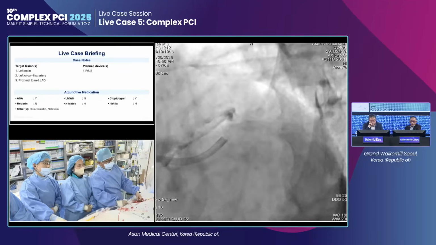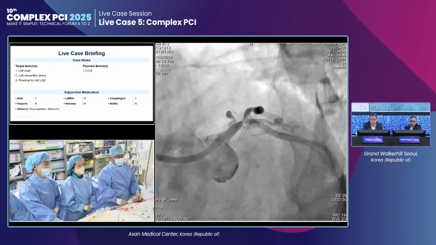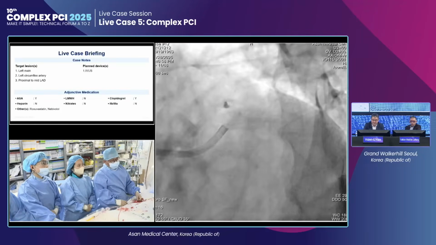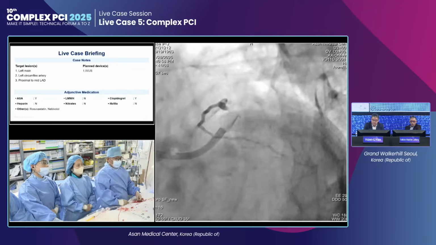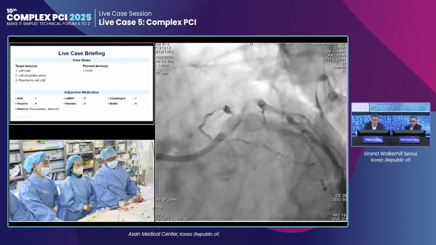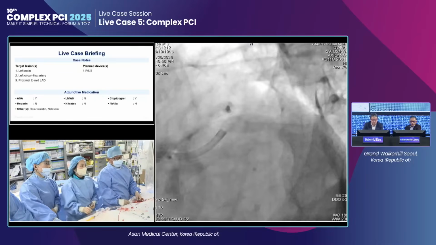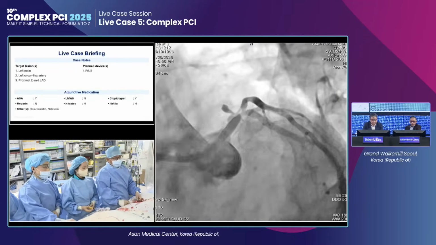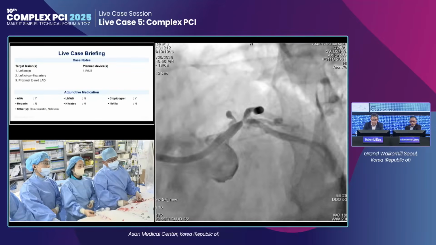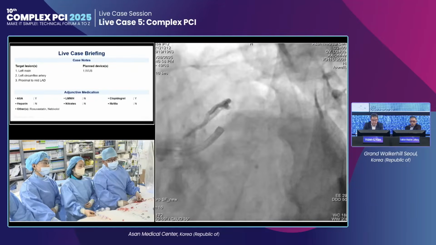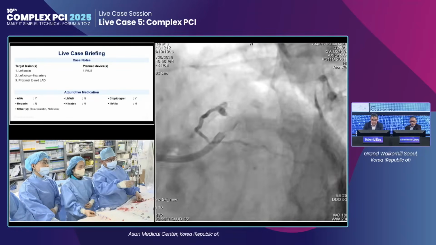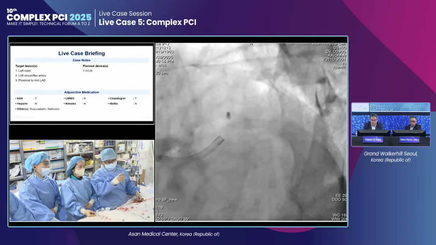So the matter is the LAD wiring. Definitely a CABG case, but if we successfully wire the LAD, I think the left main bifurcation stenting would be comparable to bypass surgery. Fortunately, the patient's RCA supplied LAD collaterals, and if you look at the epicardial view, Won-Jang,